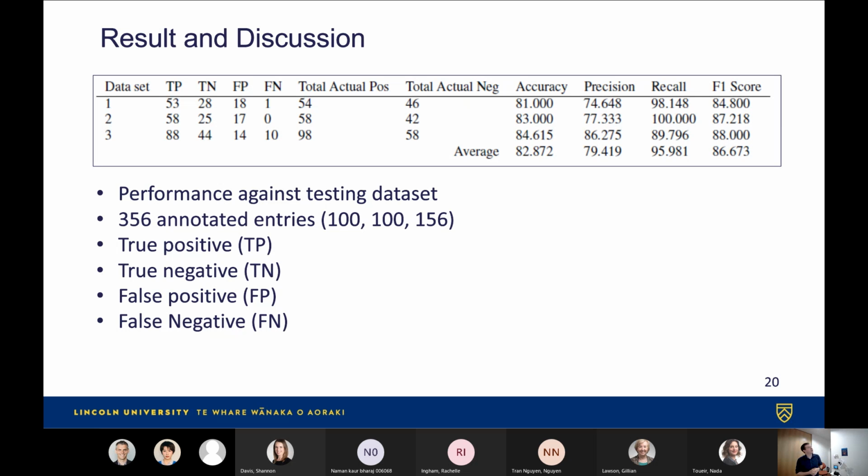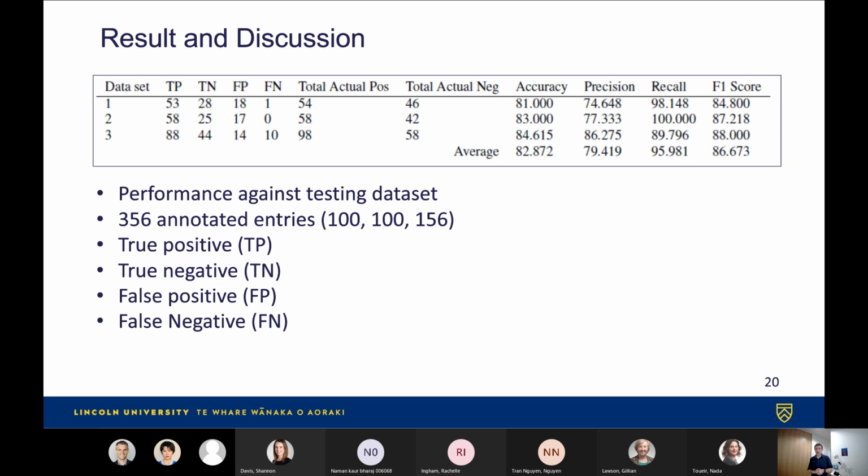So 81% accurate for the first lot, up to 84% accurate for the third data set. And the F1 scores are at or about 85%, so an average of 86,